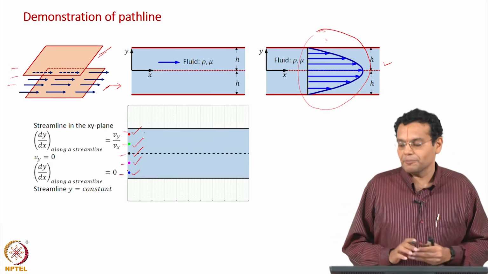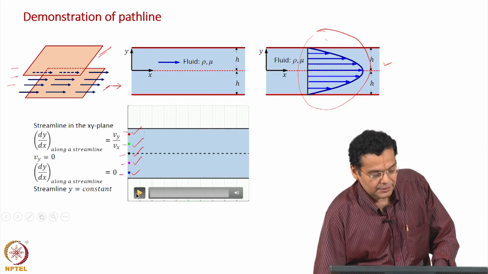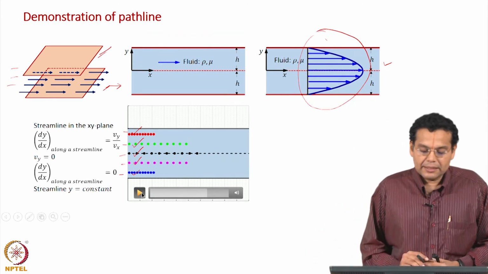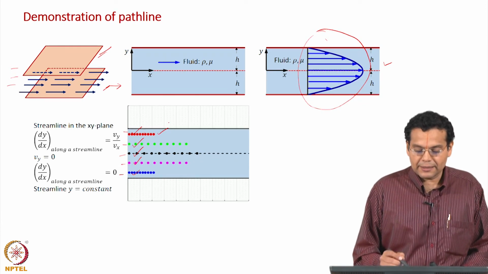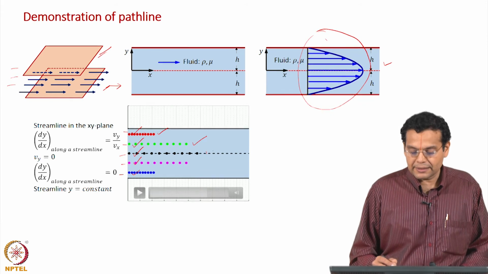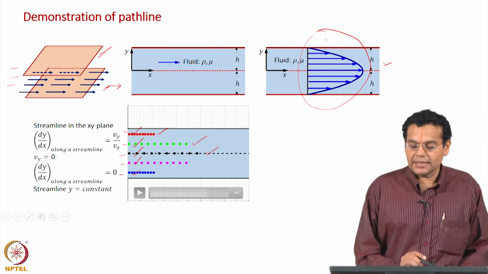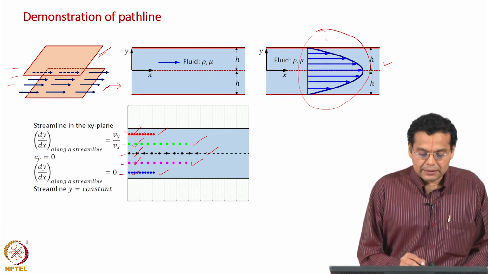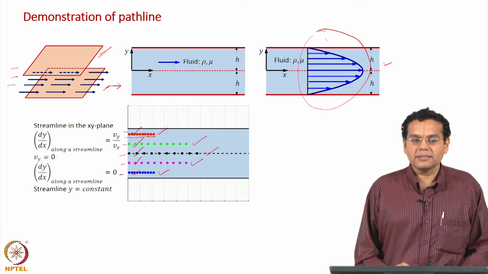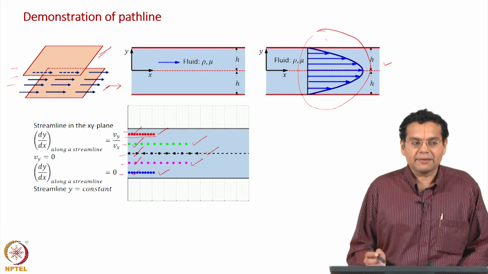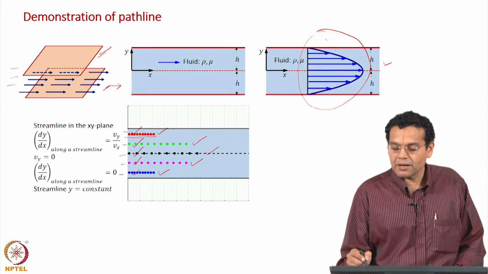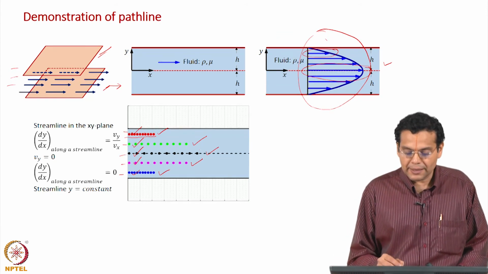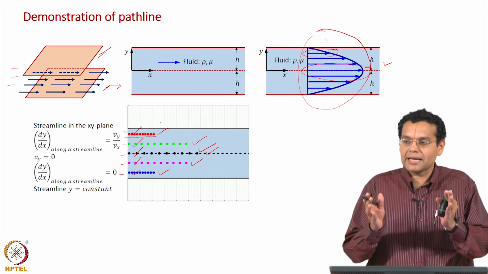Let us say this is t equal to 0. Let me start the simulation. Now, these individual lines are the path lines. This is the path line for this particle, path line for this particle, path line for the particle which was at the center, path line here and path line here. Now, as you see, this particle has travelled only a smaller distance, this particle at the center has travelled a longer distance. Obviously, the velocity here is smaller, the velocity here has a larger value. So, this particle has travelled a larger distance, all done for the same time.